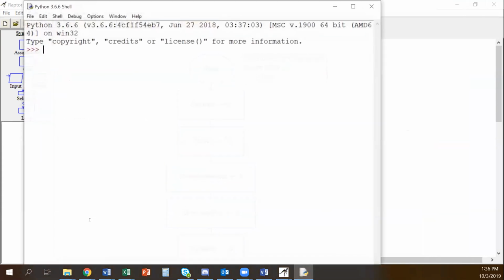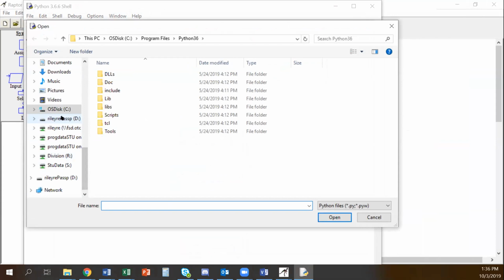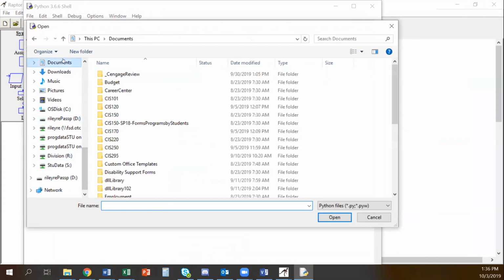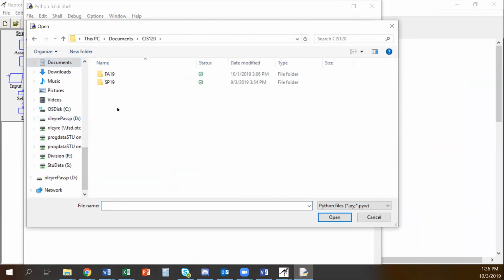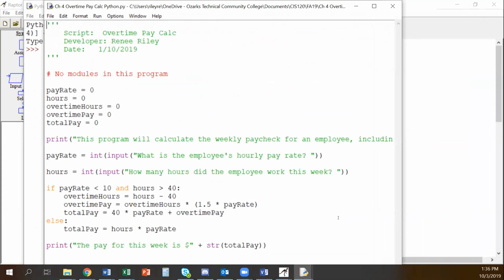Maybe. The computer, for some reason, has just gotten suddenly terribly slow. I might have too much open. We'll see. That was the overtime pay. Yeah, in Python. So